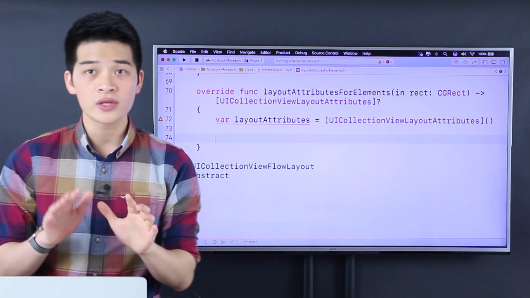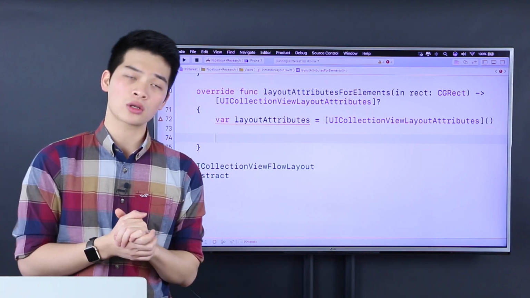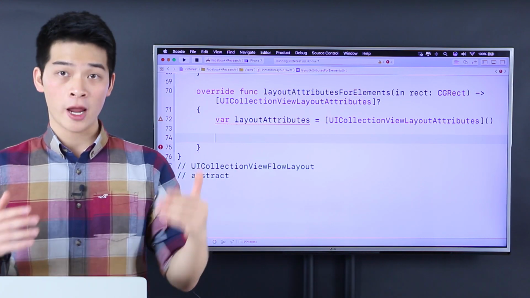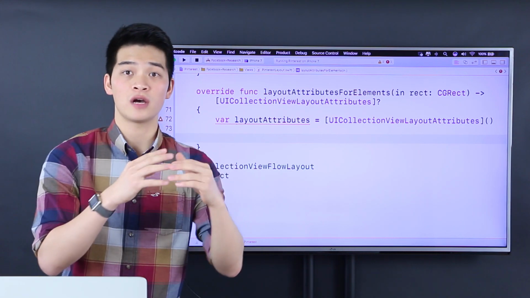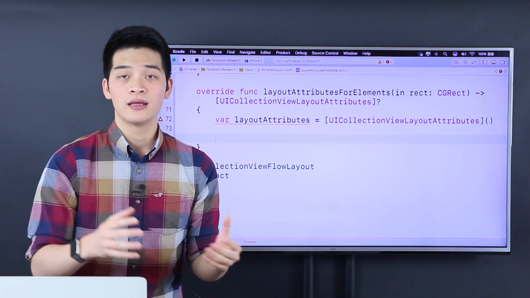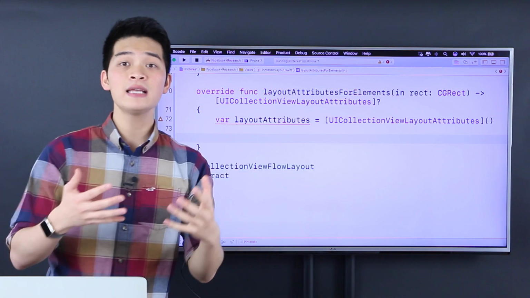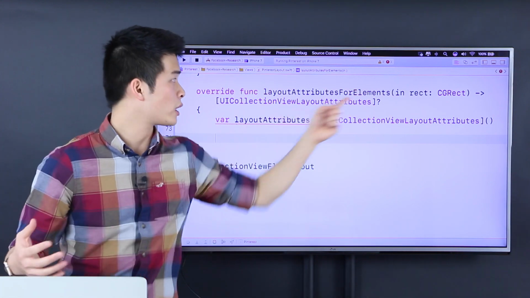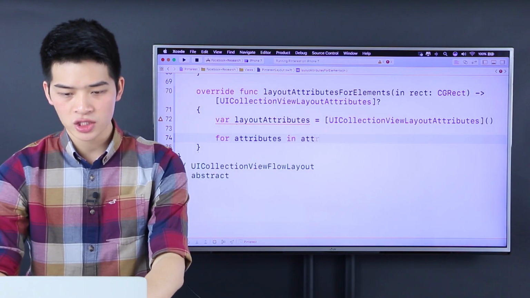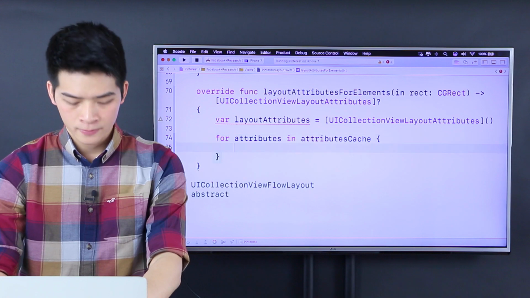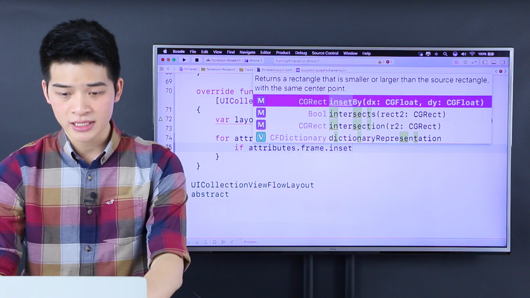Okay, so the way we do that is we use something, I believe, in Core Graphics. Not Core Graphics, it's just UIView frame, literally. We want to know if the frame of each of the attributes inside the cache intersects this rectangle. Then it means that item is inside this rectangle, right? So we check for each of the attributes inside the attribute cache, if the attribute's frame intersects